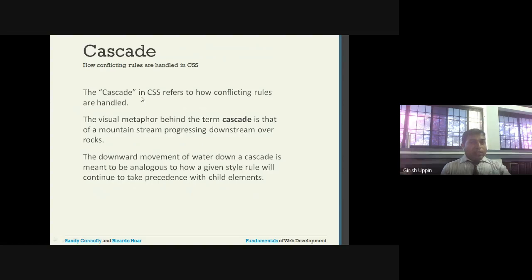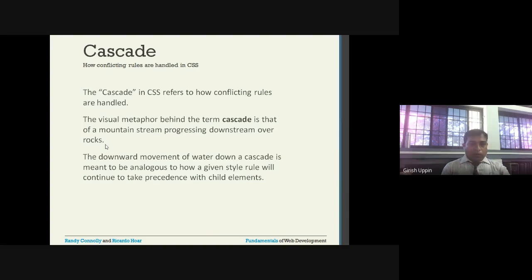The word cascade in CSS refers to how conflicting rules are handled. The visual metaphor behind the term cascade is that of a mountain stream progressing downstream over the rocks. We call it a cascading effect: one event turning on the second, and the second the third.